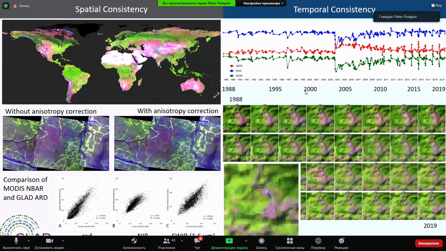The main properties of the data that enable us to do our work is consistency in spatial and temporal properties. Spatial consistency enables us to extrapolate our classification models or the vegetation structure models to wider areas. And I wanted to stress once again that correcting for anisotropy is critical, because otherwise the data will not be extrapolatable, and we would have to retrain the model for every image. Temporal consistency is even more important.